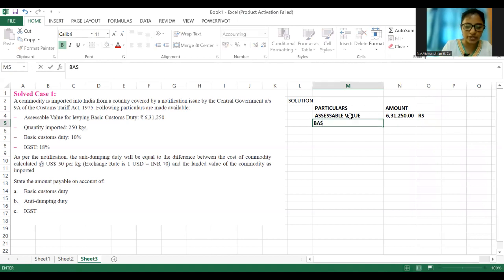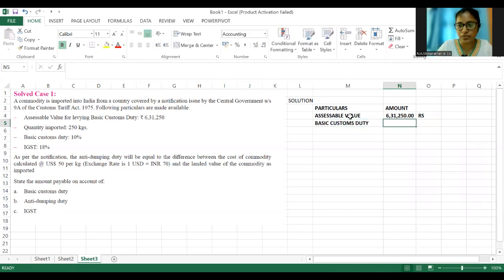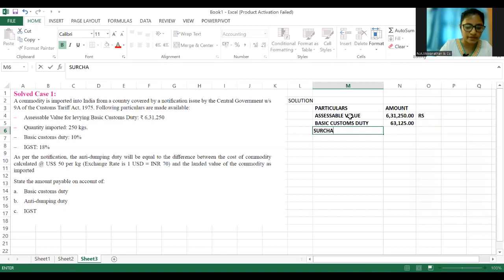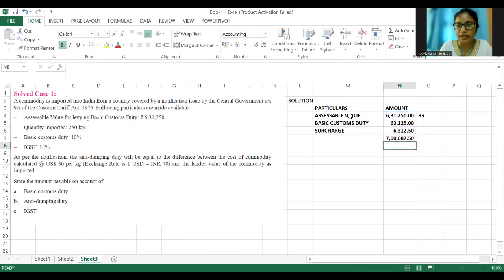So basic duty is 10% of our assessable value, and we have surcharge. Surcharge is 10% of this. So the total value that is being arrived is